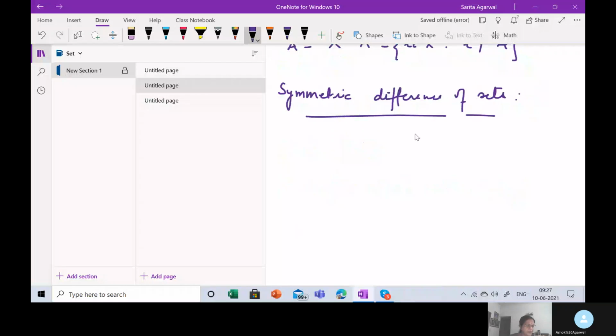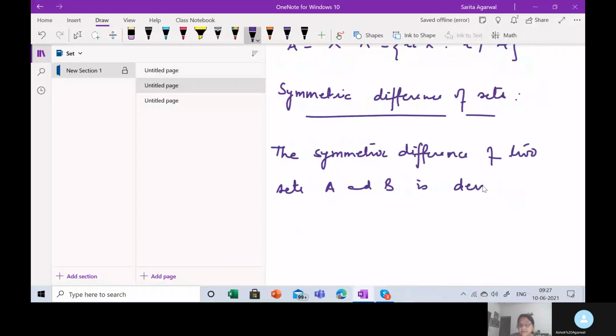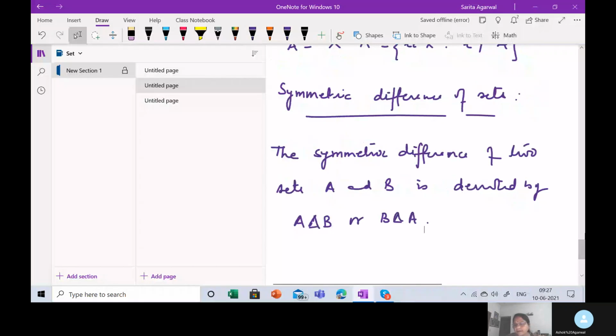The symmetric difference of two sets A and B is denoted by this or this, and is defined as